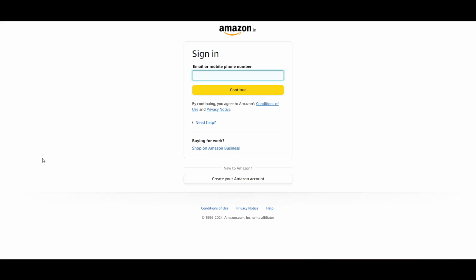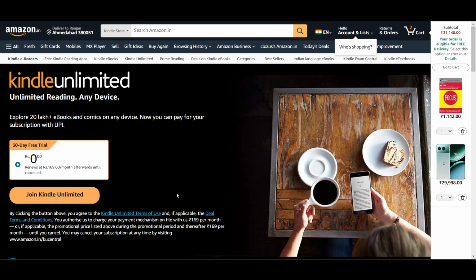Once we click on sign in, here you can see that Kindle is a product of Amazon, so you don't need to create another account for Kindle. You can use your Amazon account here. So I will use my Amazon account, and in this way I can get into Amazon Kindle. Now once I have logged in to our account here, we will get this option of